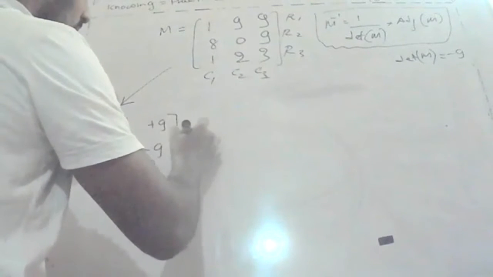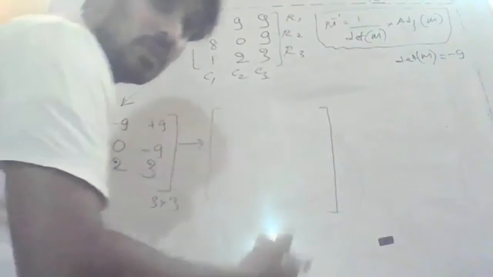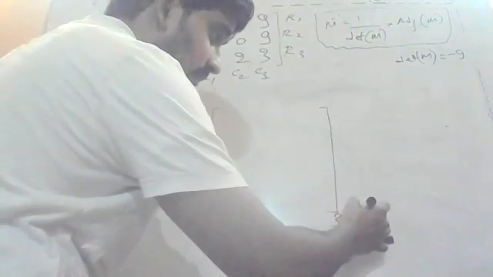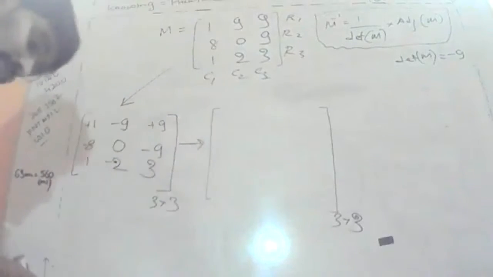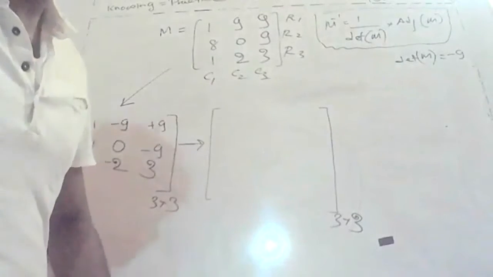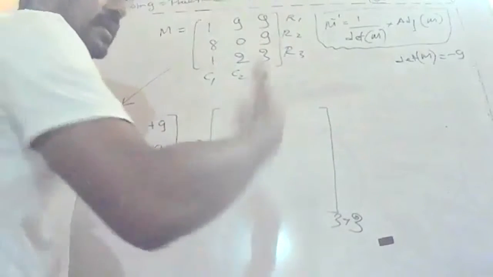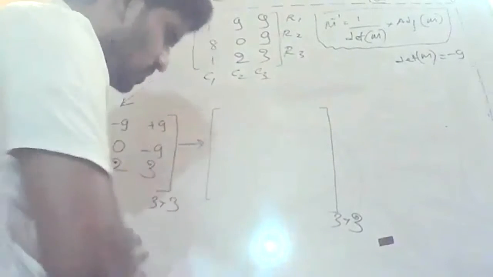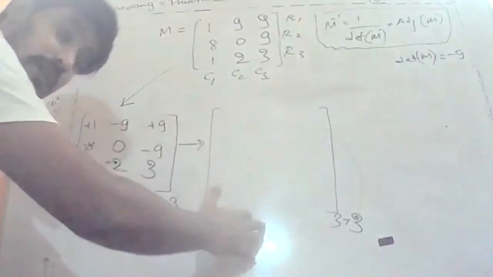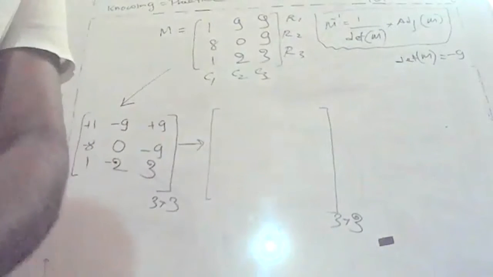So now the next conversion. Let's see how to do the next. The next conversion will also give you another matrix which is 3 by 3. So now the target is how to obtain the next 3 by 3 matrix. Actually, there is a separate name for this, but I'm not going to worry about the name. Just focus on how to obtain it. So now I'll teach you how to obtain that.